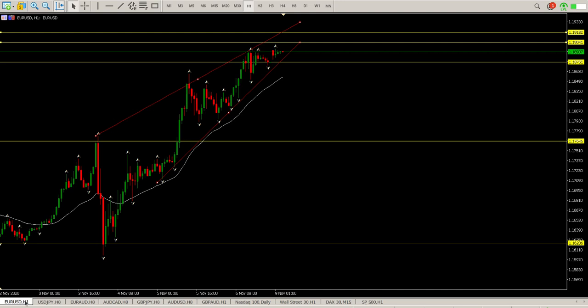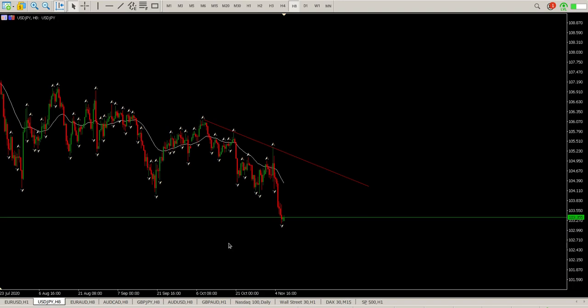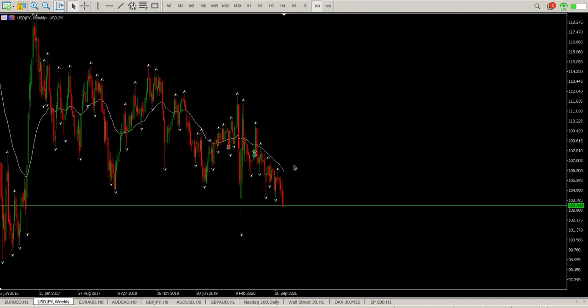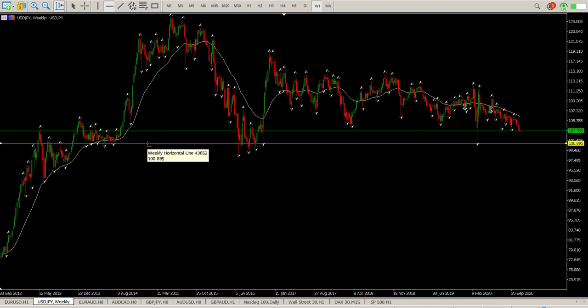Then moving on, US dollar, Japanese yen. So we are on this weekly level down here, and you can see there's the previous swing highs here, pretty much where price is on the green line. I would expect us to find some kind of support here. The next level where there definitely will be support is down there, and that's at 100.895. So if we just move down to the hour,